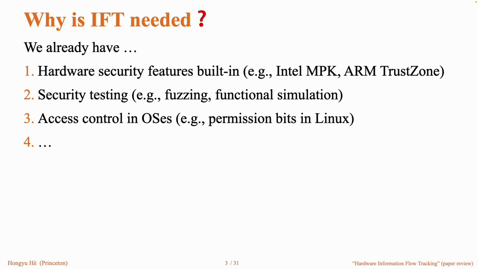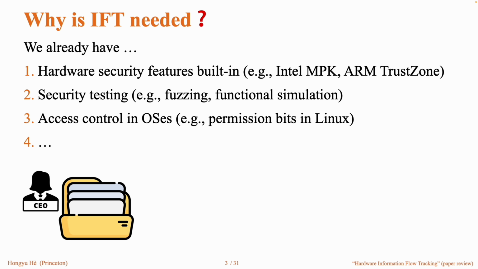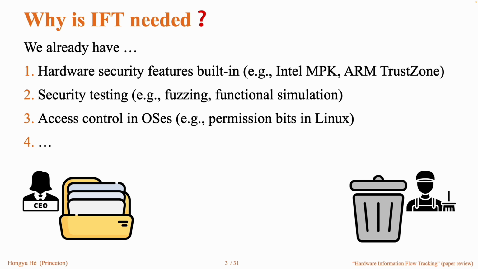I conjured up a very simple example to show why this could be useful and different from existing techniques. For example, in my company, the CEO has access to some secret files, and I'm the janitor, having no access to those secret files, but we both have access to the trash can. What happens is that once the CEO disposes of the files, I will have access to the files. Right? So